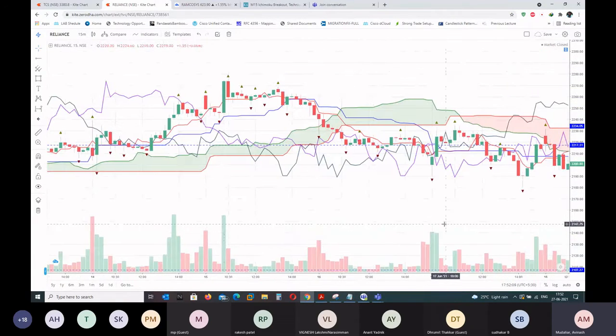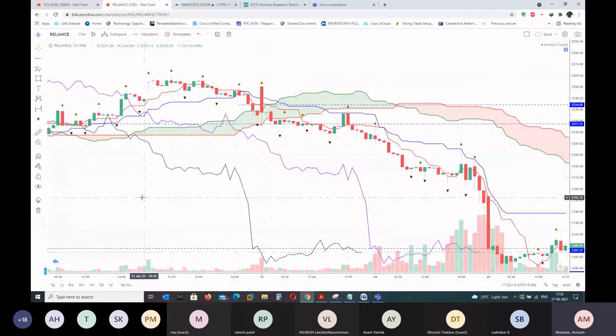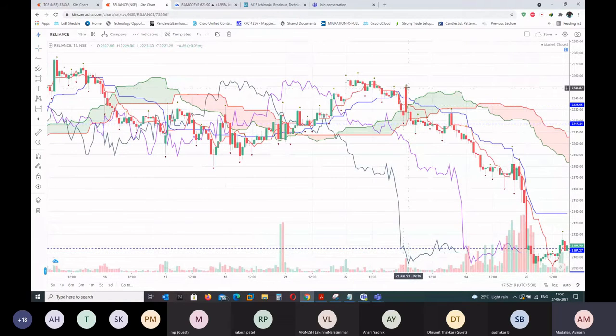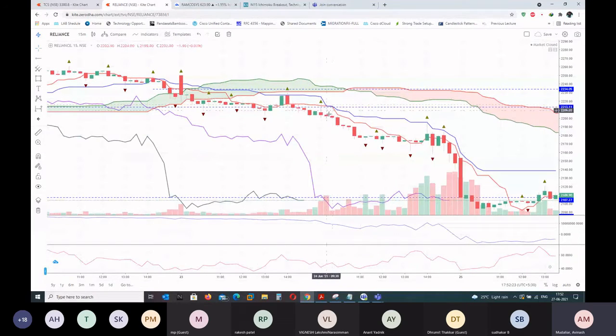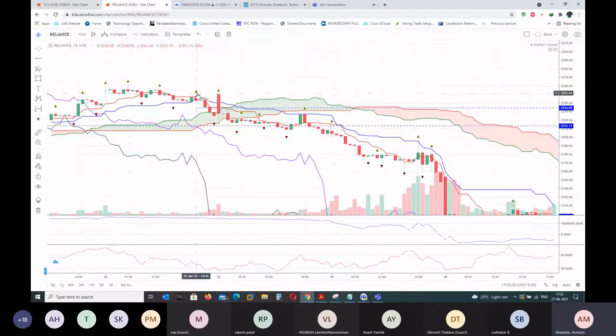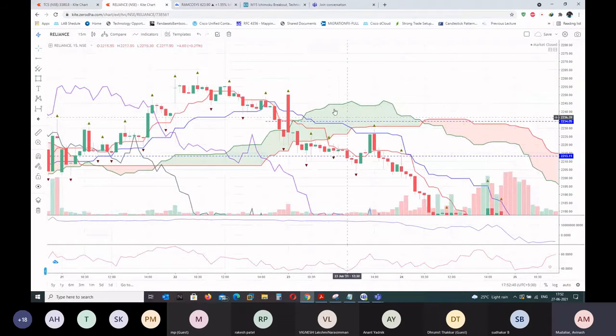And then there is something called a strong crossover. When you see a crossover that happens below the cloud, let's say it happened here, that will be counted as a strong crossover. So basically, you will take the trade which is strong. You should always avoid weak and neutral crossovers. You totally avoid trading whenever the candle is inside the cloud.